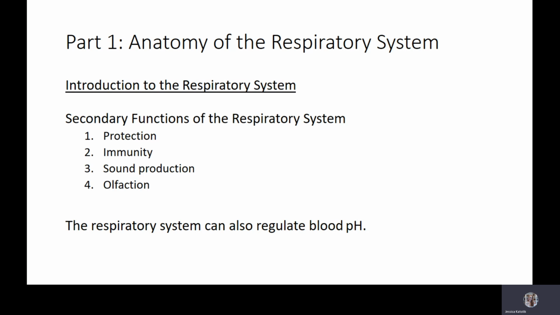Another thing it does is that it has a mucociliary escalator. The cells within our respiratory tract, for the most part, are ciliated pseudostratified columnar cells. Those cilia are capable of sweeping material up and out of the respiratory tract. Material gets stuck in the mucus produced by this tissue, and the cilia will sweep that mucus up